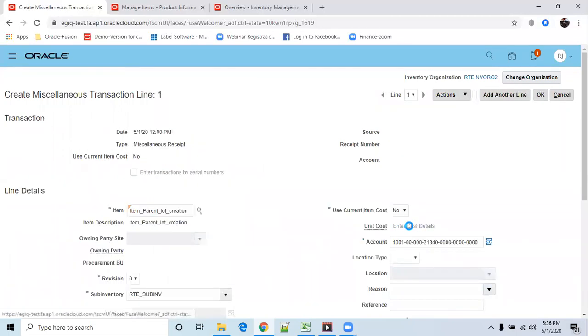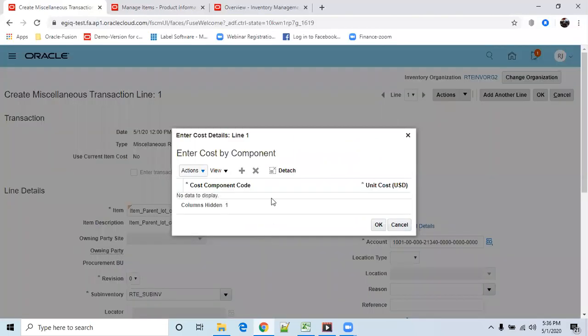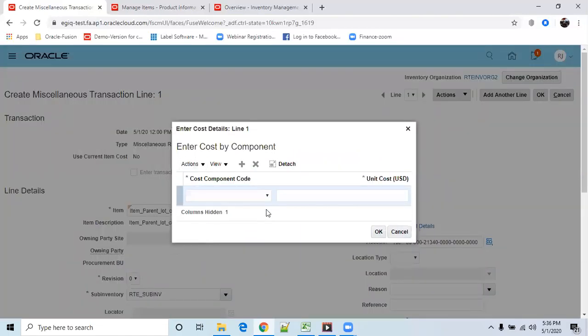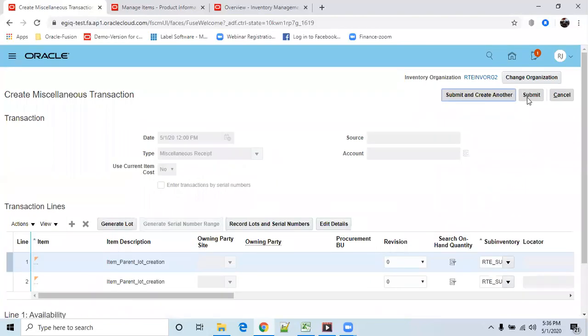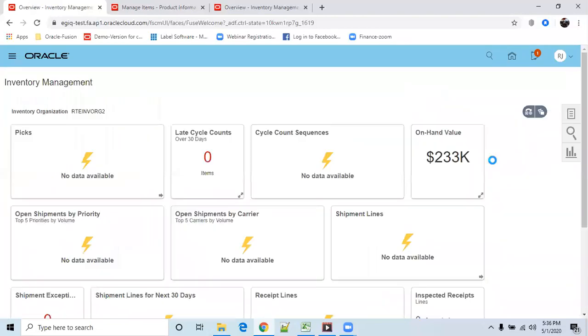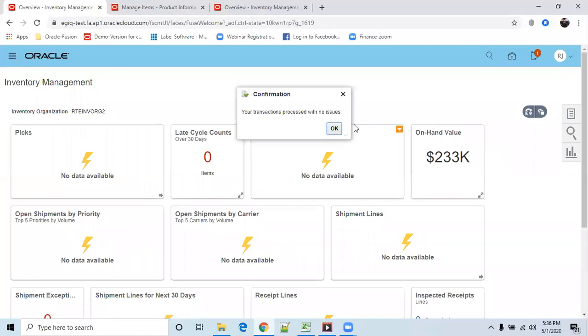Edit details, enter the cost. Click on OK. Click on submit. This way you can create your parent lot.